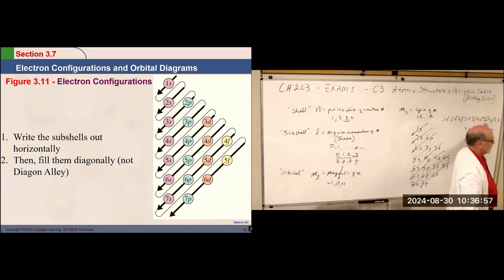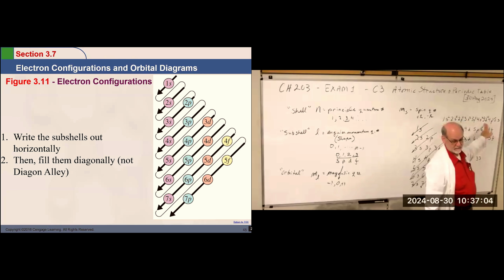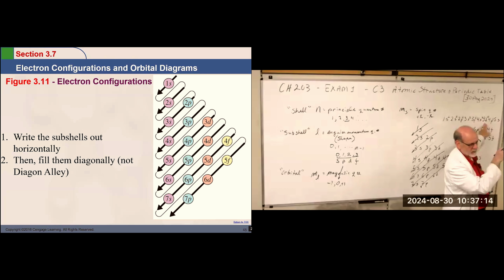But then we get into the D section. The D's can only start with 3s, right? 2s can only have S and P's. So the D's pick up with 3. So once you get to period 4, and you start with scandium, you have to back down to 3D. That's why this one's here. And then you can fill it up, and then you can go back to 4Ps with gallium, germanium, arsenic, to krypton.